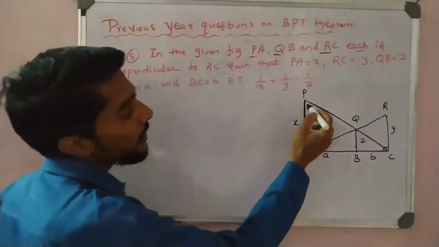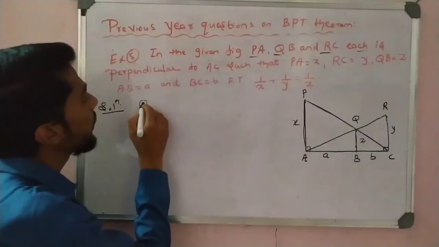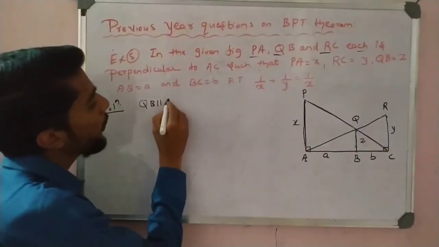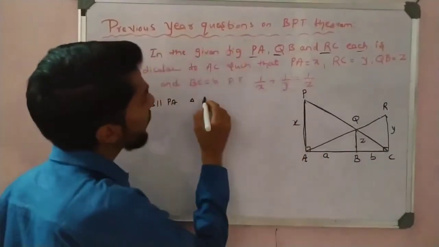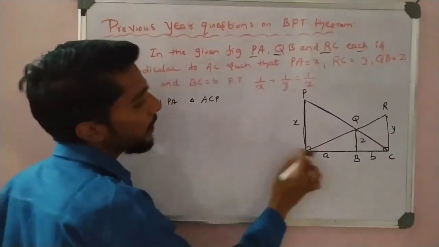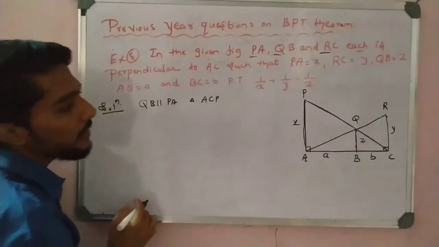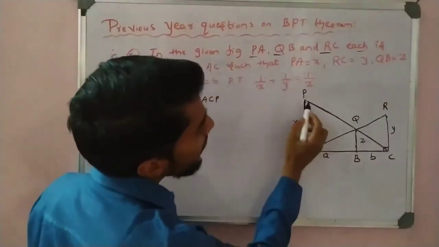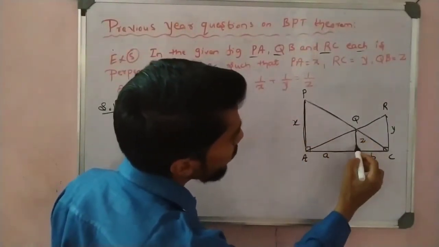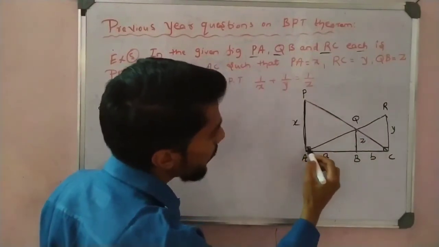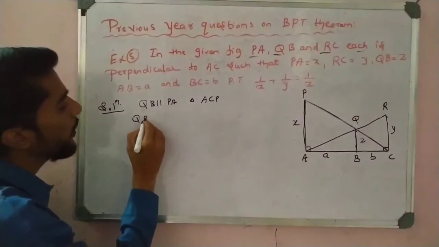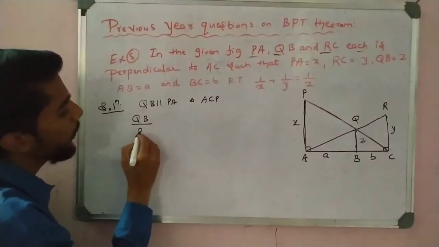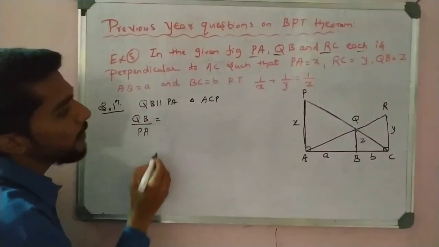So I can first select QB is parallel to PA. Then in that condition I can select the angle that is ACP. Okay, ACP. So let us apply here. See, this is very important. Here this side is not useful. So this side is useful here because x value, z value here. So I can take this x. Okay, this side. So that is QB divided by PA is equal to this side.